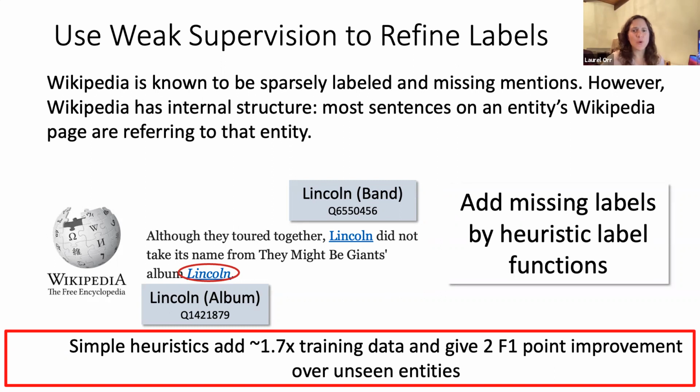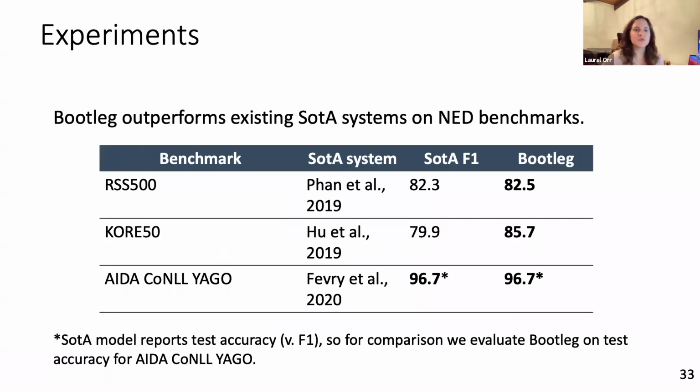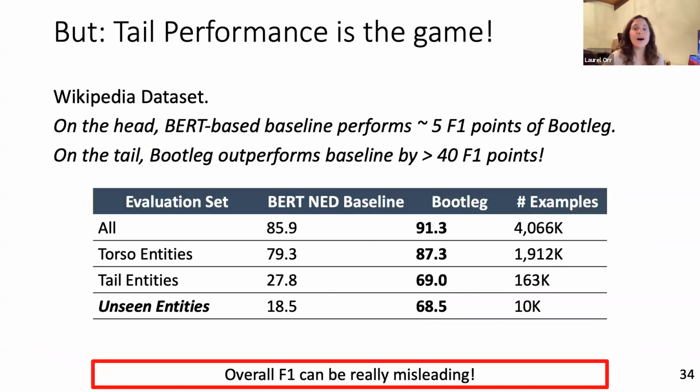Now I'm going to give you some very quick experimental results for the system Bootleg, showing that it's a state-of-the-art model, but also that it provides significant lift over the tail compared to standard baselines and on downstream production tasks. If you're familiar with entity disambiguation benchmarks, this shows that our model does well on standard benchmarks. I'm going to be honest, this isn't actually that interesting. The tail performance is really what we're after here, because that's the core problem faced with these industrial workloads.